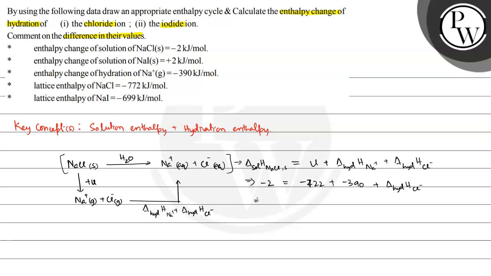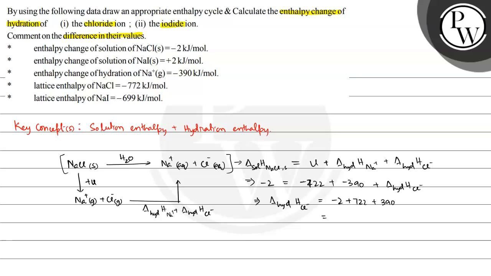So from this we can calculate that the hydration enthalpy of Cl minus would be -2 plus 722 plus 390, and this value will be,